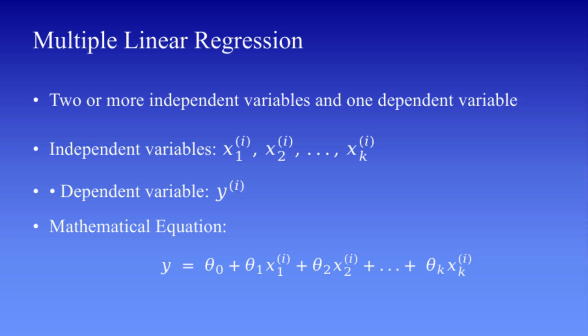Another important point is that the concept of minimizing error still applies here. Just like in simple linear regression, we try to find the best values of these parameters such that the difference between actual and predicted values is minimized. However, since we now have multiple variables, the model becomes more complex. Instead of fitting a line, we are essentially fitting a plane or a hyperplane in higher dimensions. This makes the model more powerful, but it also introduces challenges such as increased computational complexity, risk of overfitting, need for careful feature selection.